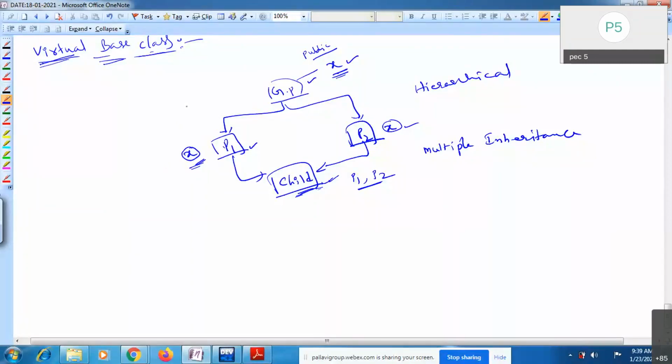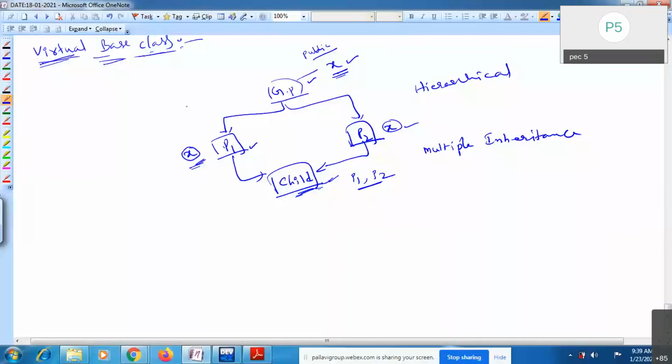I am taking public because only then is it visible in derived classes. There is no member function, so I am taking only one data member. This is grandparent. From grandparent we derive two classes, p1 and p2.